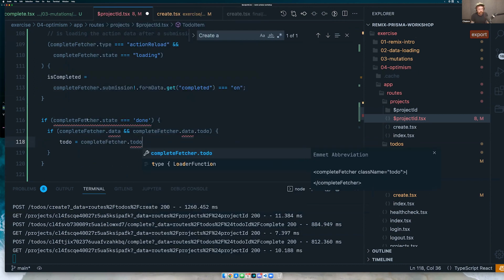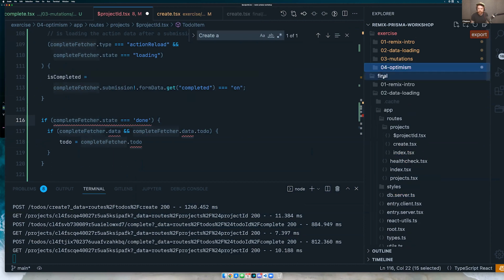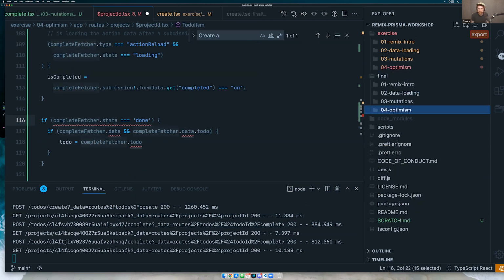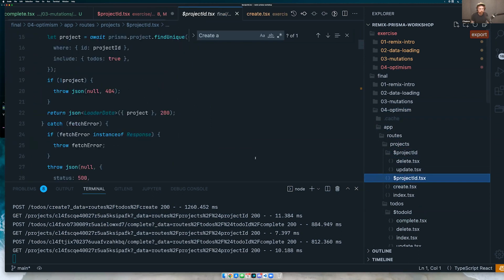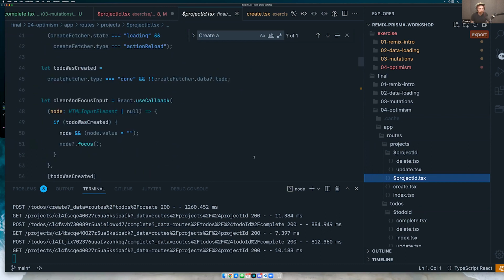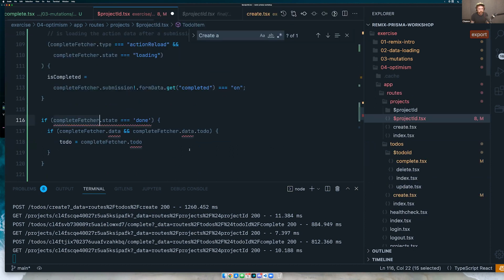I think maybe I've gotten something wrong here. Let me double check my final here. Cheat just a little bit. See what I goofed up on again with my types. I didn't even do this in the type. So I may be getting something wrong here from a TypeScript perspective, but I'm not sure what it is at the moment. But we can go ahead and see if we have some data, if we're done submitting, and we